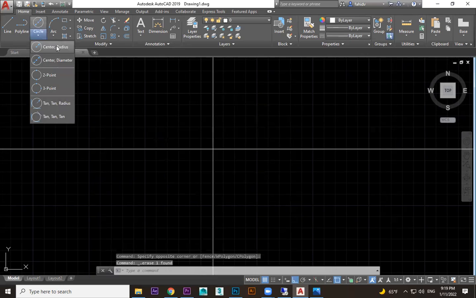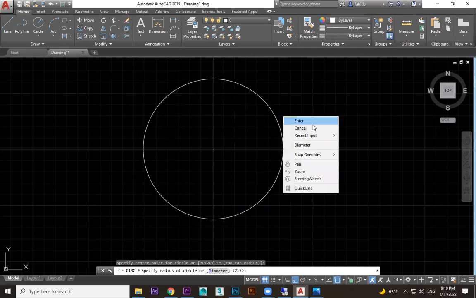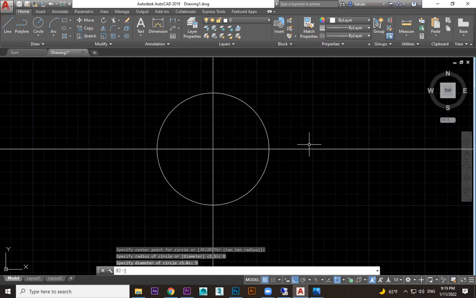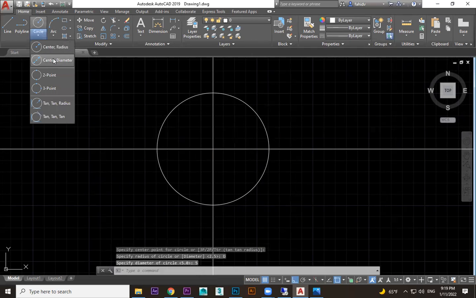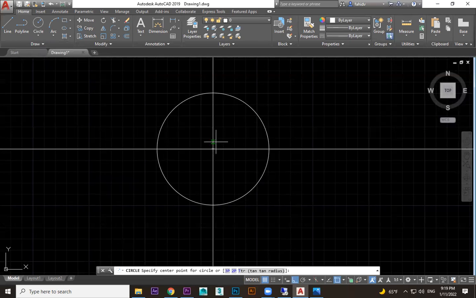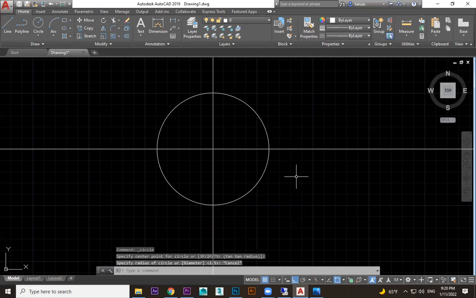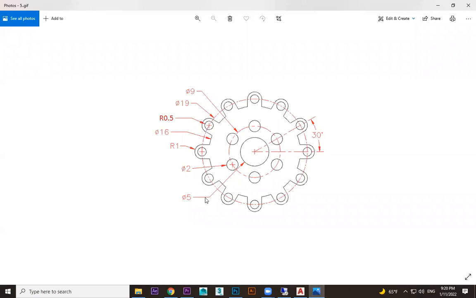Or you can do one thing, take the normal circle only. After one click, before doing the next click, right click your mouse, diameter, 5. So anyone you use, either you directly take from here or use this one and right click in diameter, or after clicking, click on that. Once you click over here, you click on this diameter. This is also fine. So we draw diameter 5.